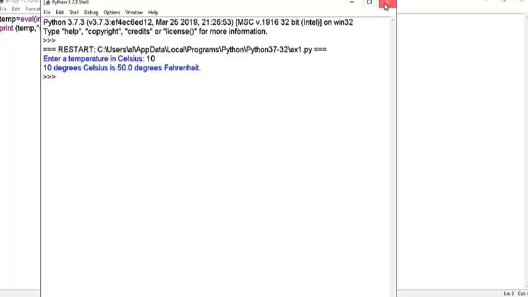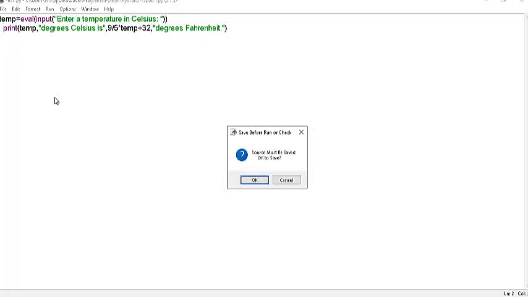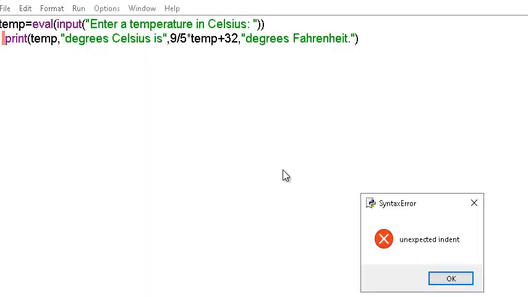But what about the spaces before the command? For instance, here, if I hit space here, let's see what will happen. If I run the program again, it's going to stop, gives me an error because this space before the command name is important. The reason is that indentation in Python